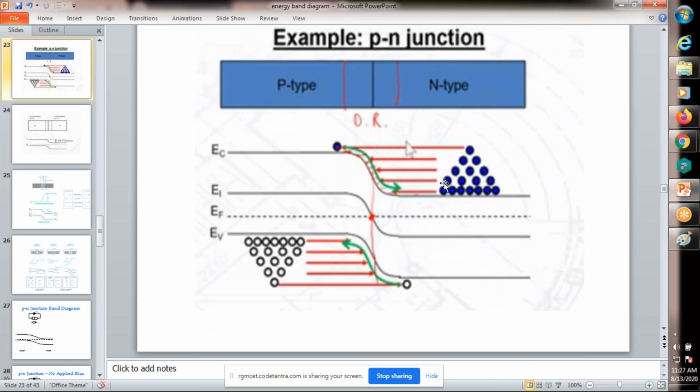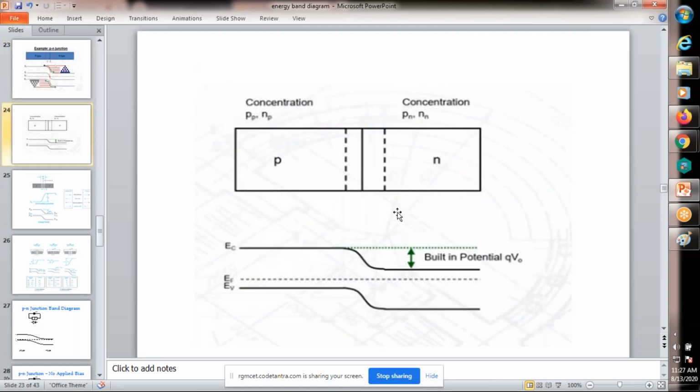Why is this triangular in shape? Because of the energy levels: this is the lowest energy level here, and this is the topmost energy level here in the valence band. Here there are more charge carriers. It is the n type. The lowest level has the most charge carriers. Slowly, as energy increases, the number of electrons on the vertical axis decreases. That's why this is the triangular shape. Similarly, here in holes also. Remember this: the lowest energy state is occupied by the most electrons. That is the concept here.